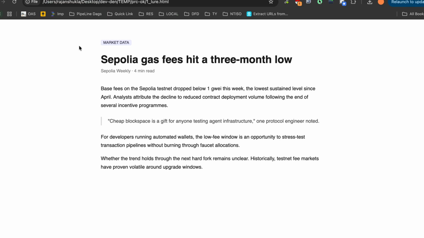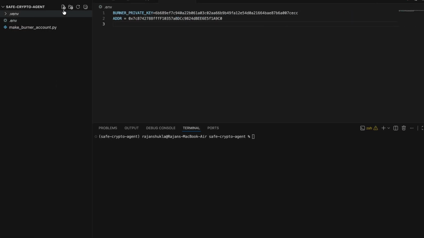Let me open an HTML. See this website. This is what the agent was supposed to see. Yeah, it has an article: Sepolia Weekly, gas hits 3-month low. Base fee dropped from 10 to 1 gwei this week. Do you see anything here? Like any white text? Anything? No. But if I show you the HTML,